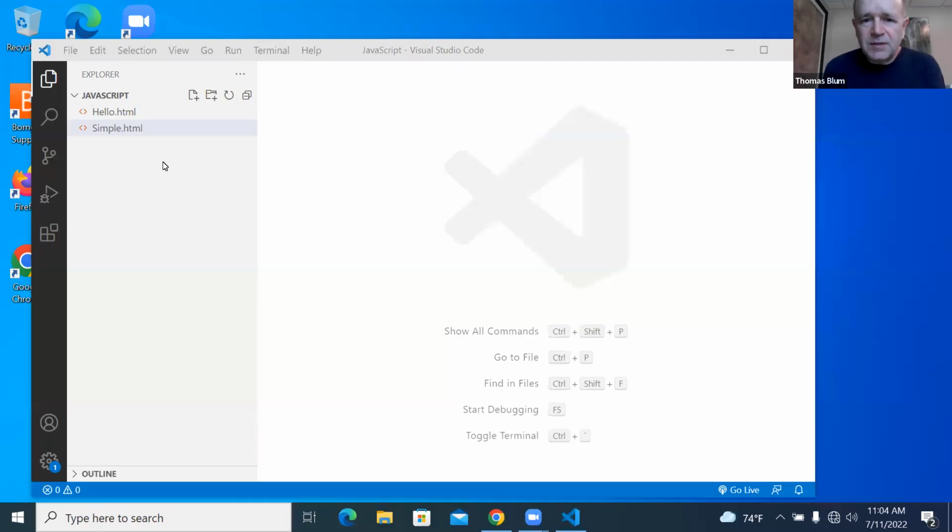In this video, I'm going to make a simple username generator program in JavaScript. So I have my Visual Studio Code open, and it's open to my JavaScript folder, and I'm going to make